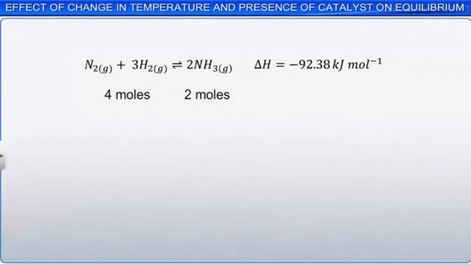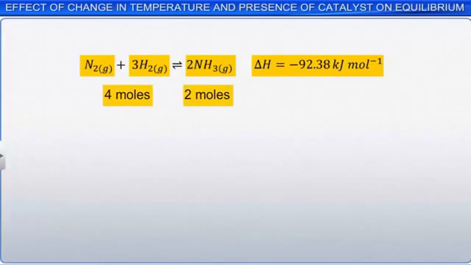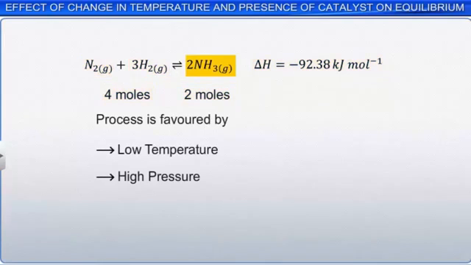To understand the effect of a catalyst, consider the gas phase reaction of the formation of ammonia from hydrogen and nitrogen. The formation of ammonia is an exothermic reaction and proceeds with a decrease in the number of moles. According to Le Chatelier's principle, the conditions favorable for the formation of ammonia are low temperature, since the forward reaction is exothermic, and high pressure, as the reaction proceeds with a decrease in the number of